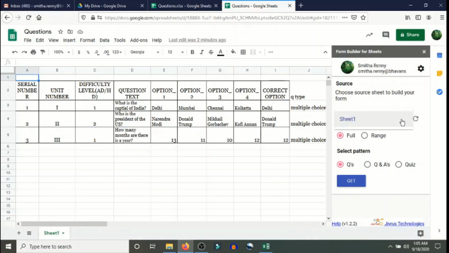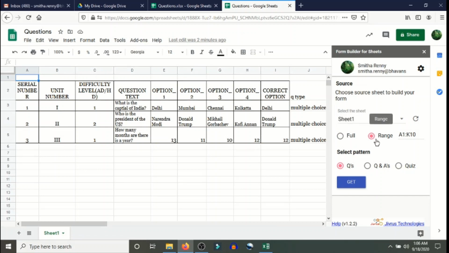So in our case it's the same sheet, but it's not the full sheet that we want. I'm going to select only a range out of it. So I'll click on range. Now where is this range where the questions and answers and all are lying? The range, if you can see at the sheets here, the content is actually starting from B3 onwards. The first column was a serial number, so I'm going to omit that. I don't want serial number. So the next column is giving me the unit number. So this is the point from where I require the data.